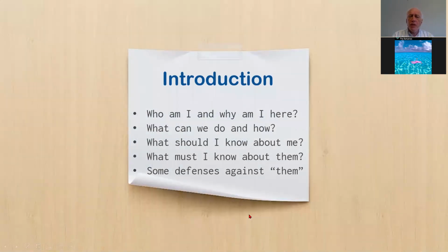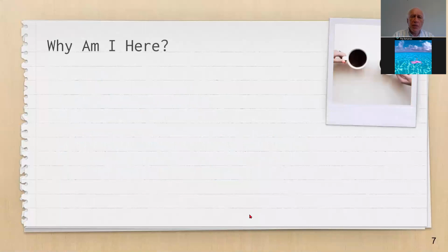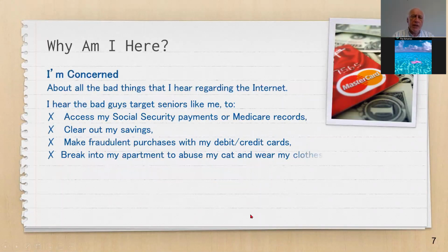So we're going to talk about... I'm really going to skip through most of this now, saying, why are we here? Why are we concerned? Well, the thing that we're worried about is, we understand that the bad guys, and there are lots of them out on the internet, many of them full-time professionals specializing in scamming people. And people say to me, well, what do I need to worry about? They're not looking for me. I'm just an ordinary person. But the issue is that the seniors like to, they would like to get access to your Social Security or your Medicare records so you can be blackmailed.